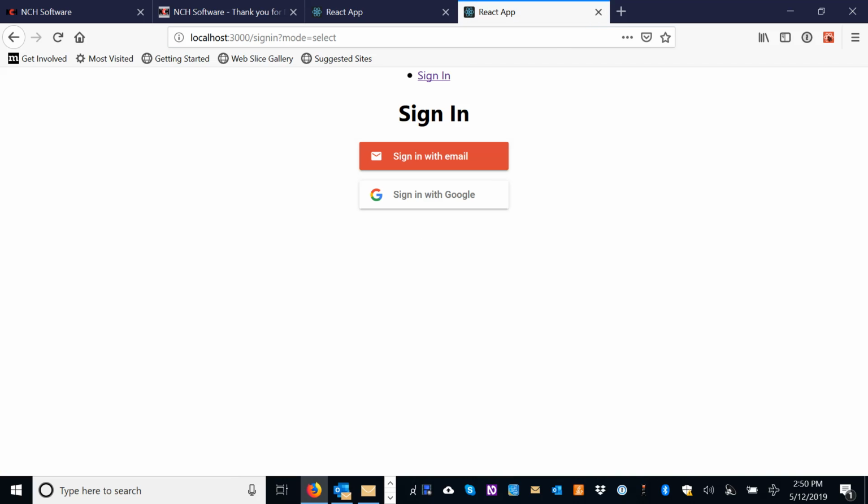Unknown React app out of list frame. HTTPS browser tabs, sign in with Google button, sign in with email button. The next, no previous button, sign in link visited, sign in with email button, sign in with Google button. What the heck is